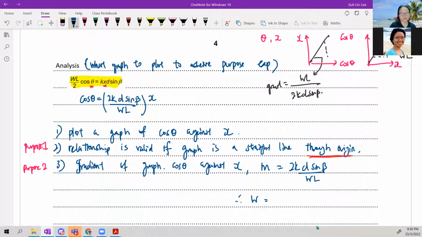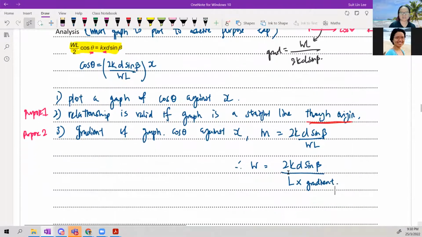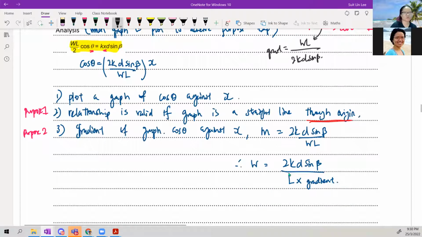Hence, W is equal to 2kd sine beta divided by L times M, or L times gradient. So the mark scheme likes to leave the gradient out as a separate thing, which is okay, because you're only ever going to write it one time. But you can also put M,